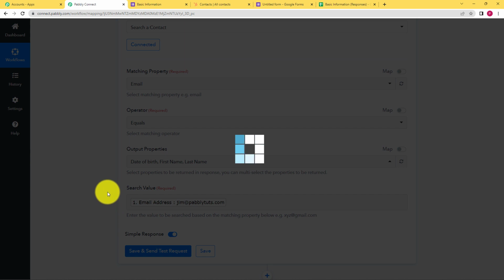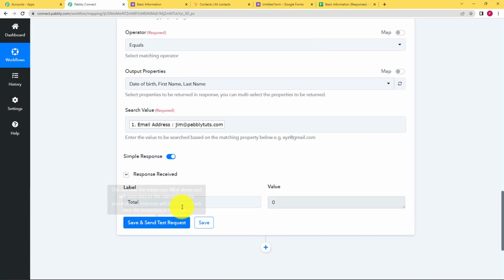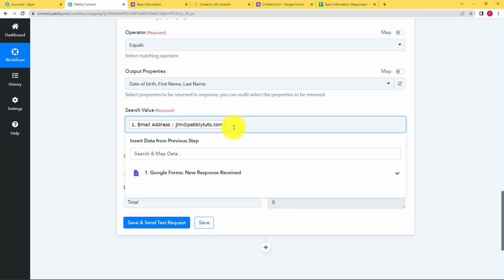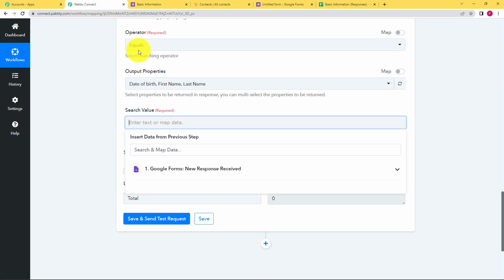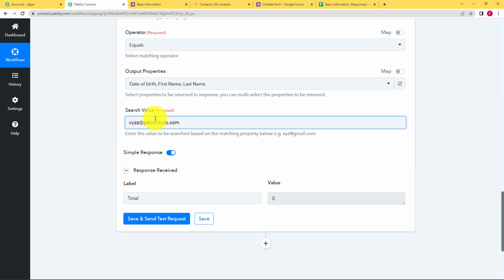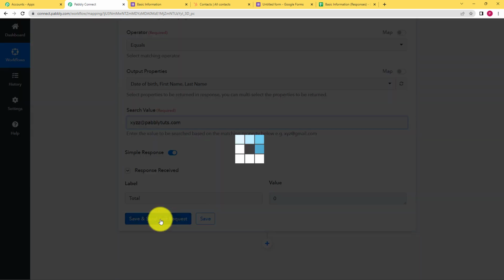Click on save and send test request, and then see, total says 0, which means this is not an existing contact. If there was another contact that was already existing, then it would have shown that yes, it exists. For example, we will do the experiment right here to let you know. Let's just take this email address and copy paste it over here. Okay, now this is the search value. You click on save and send test request,